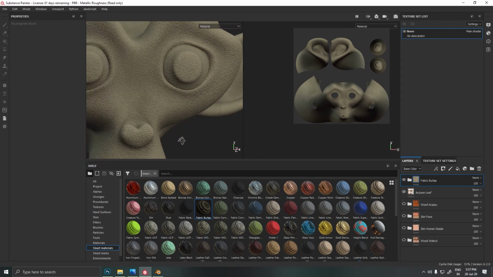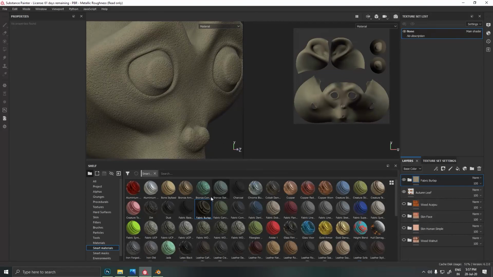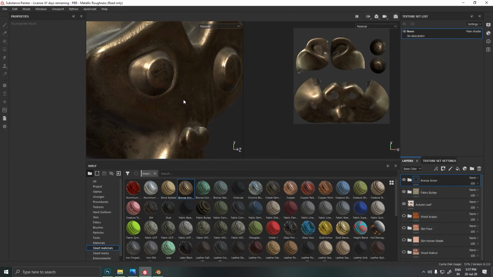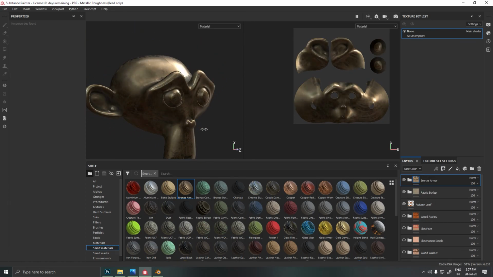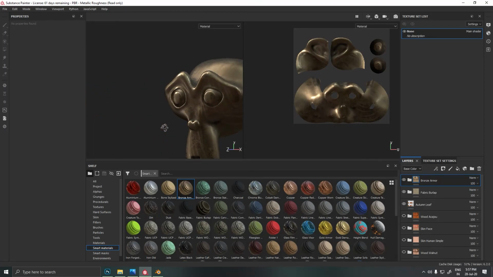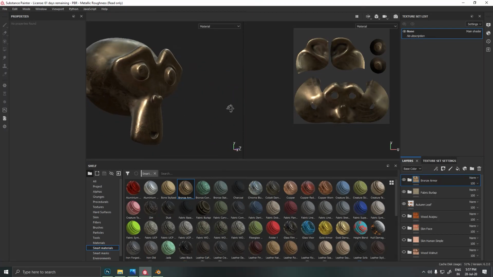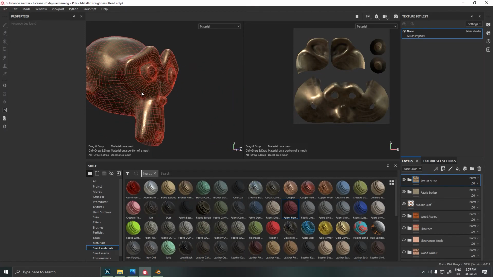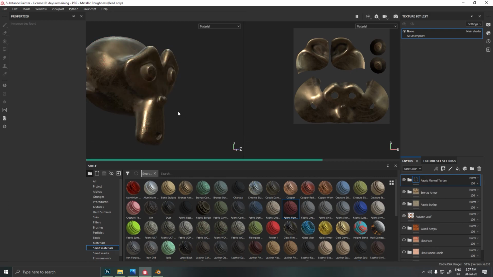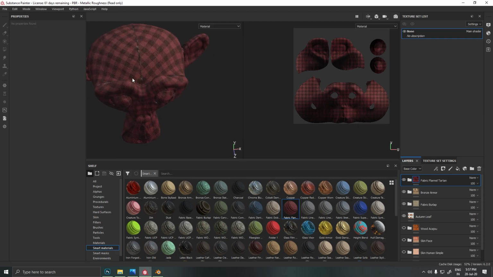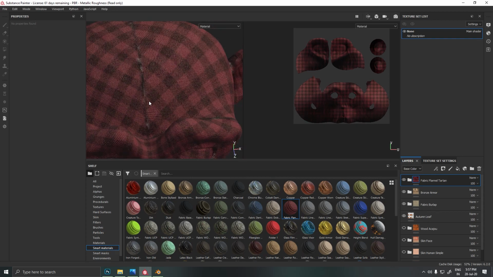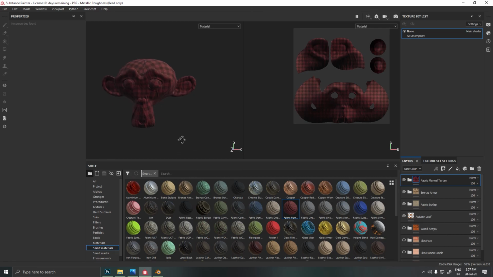See, it's looking good now. You just have to play with these materials to get what you want. The more material you use, the heavier the file gets. It's pretty cool, they have a bunch of beautiful textures for you. You don't have to make all the textures all the time, they have it for you already in their library. See, the cloth texture is pretty cool. You can see the seam over here, so just unwrap it beautifully and you'll be good to go.